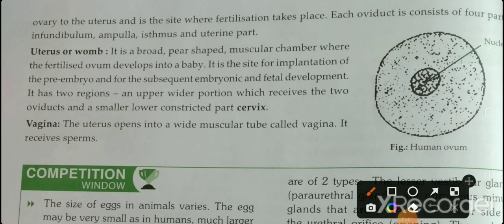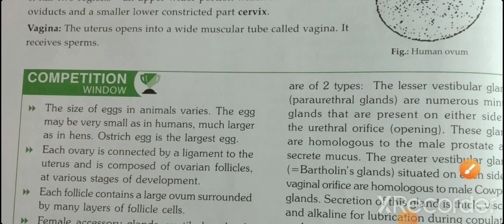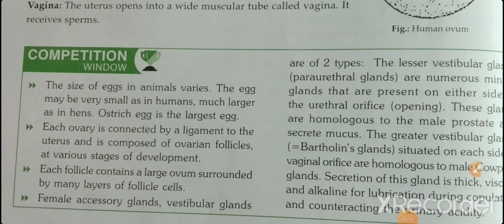Now coming to the vagina, the last part of the female reproductive organ, which opens into a wide muscular tube, the uterus, is called the vagina, and that is the part where the uterus will receive the sperm after the intercourse. Okay, so now a few points you need to remember, that is what we have highlighted here